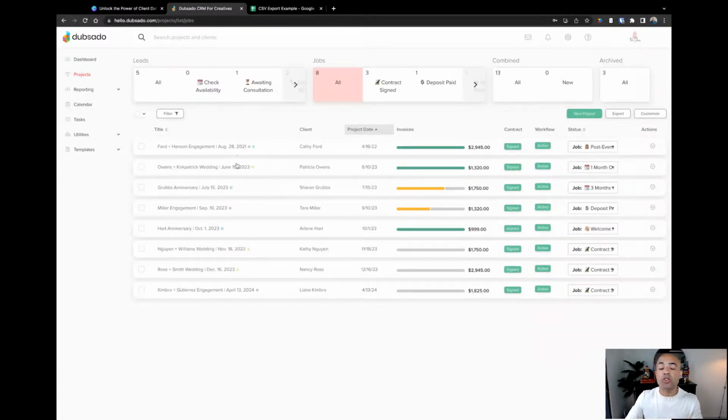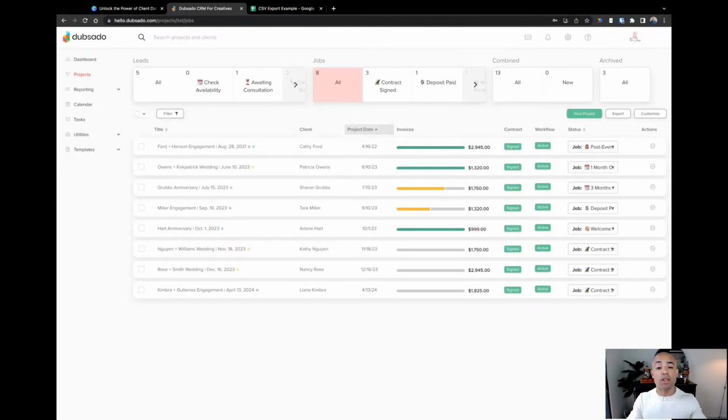And then I've also included the date in there. You don't always have to have the date of the project in there, but it might help moving forward if you're planning on using client portals, which we're going to talk about in just a little bit. And you'll understand why I'm using this type of naming convention.